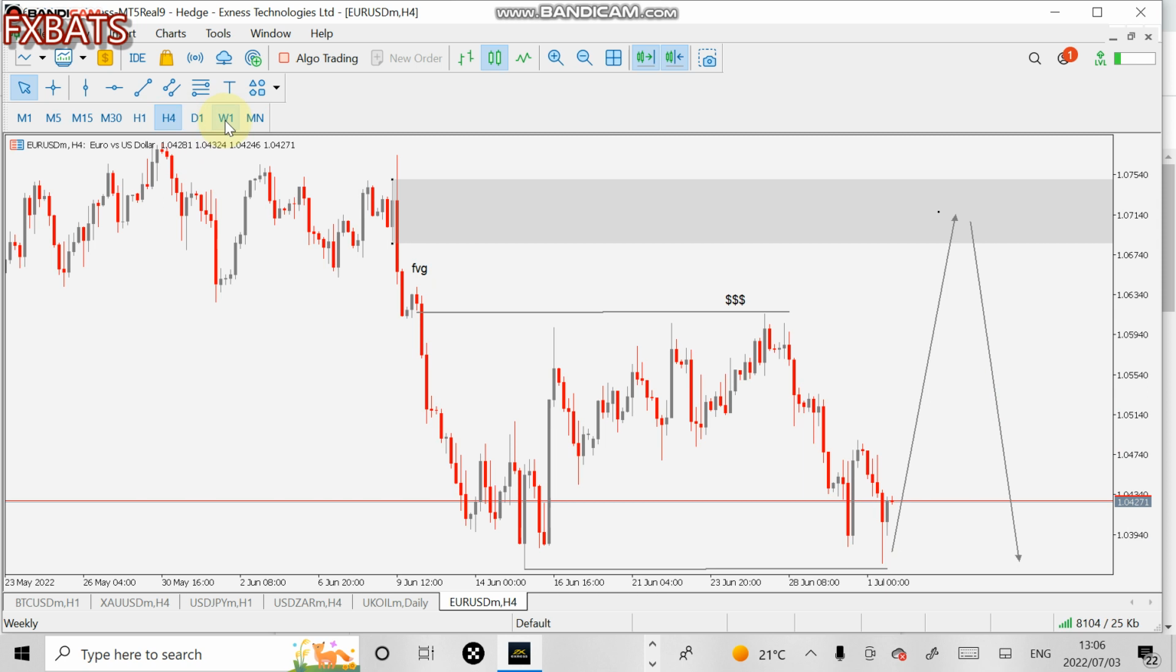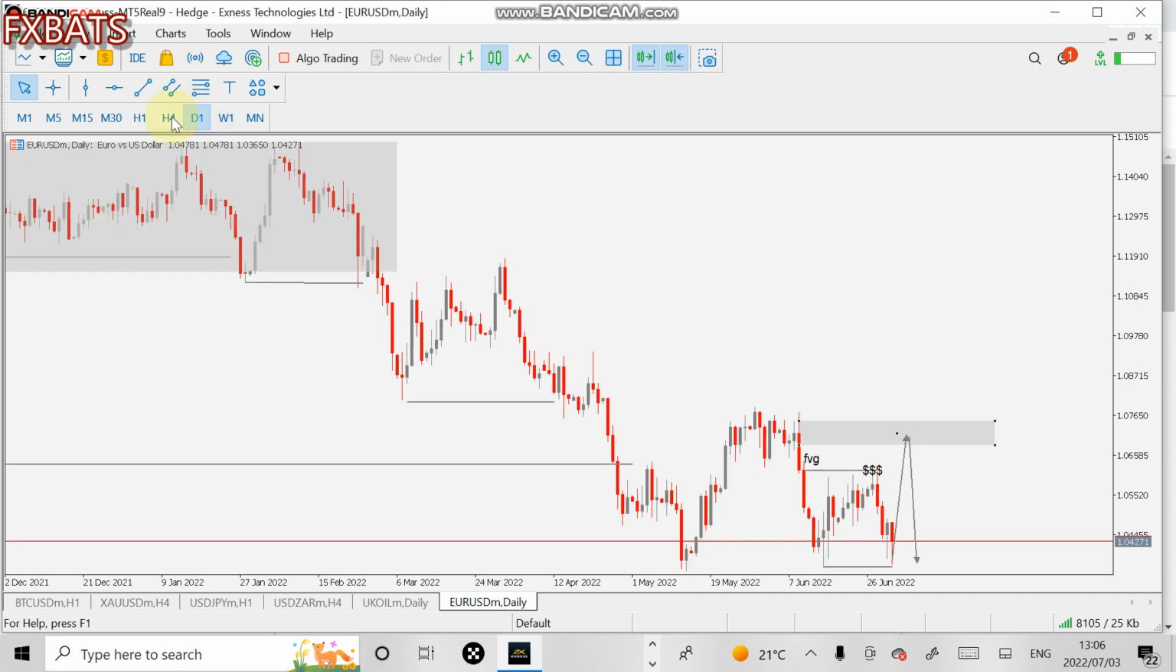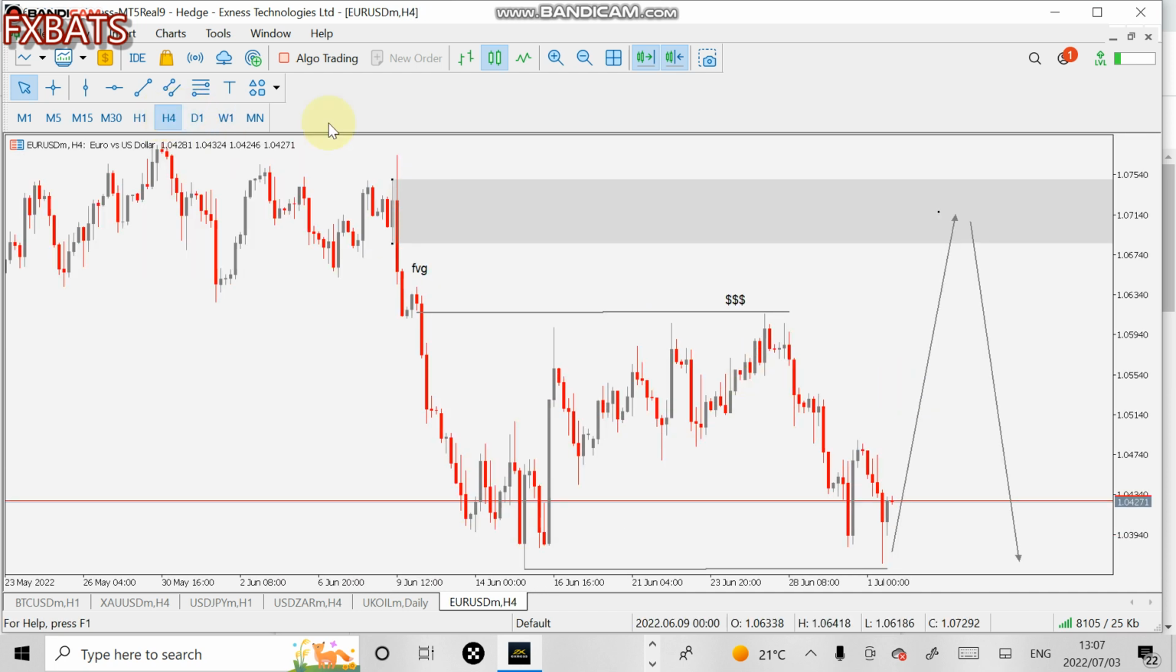Let me go to weekly. I just want to see something. You see, major break of structure. Daily is the same. So we still have a trend line liquidity here, which is yet to be captured. So as maybe next week